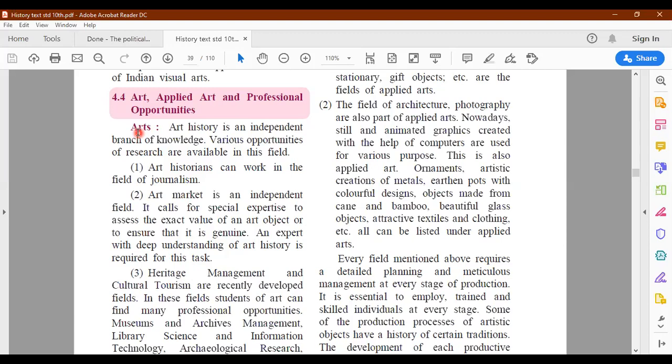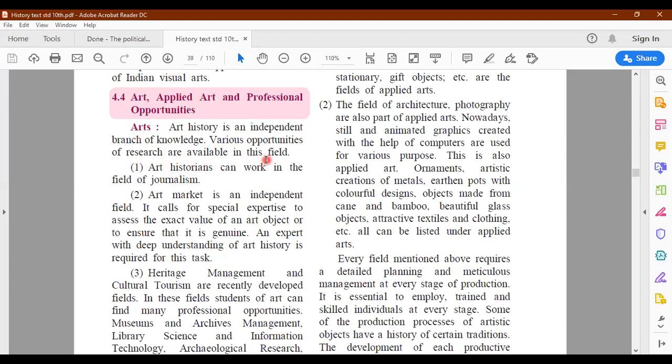So what are the various professional opportunities that a student of history can have if one has good knowledge about art history? Art history is an independent branch of knowledge, and various opportunities of research are available in this field.